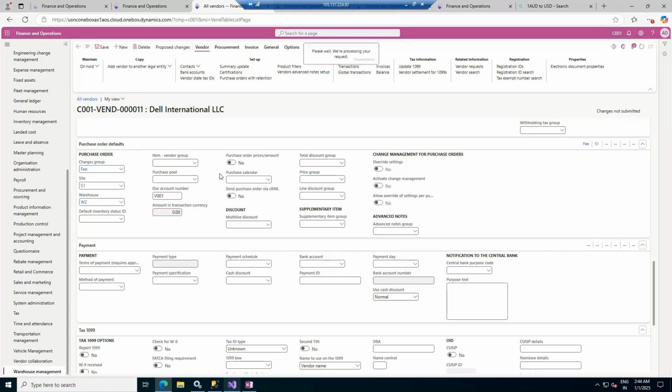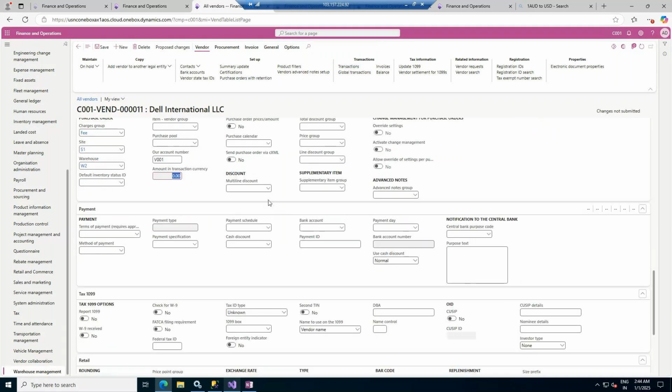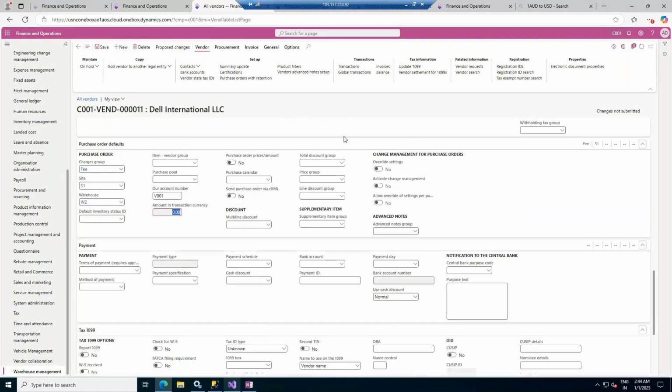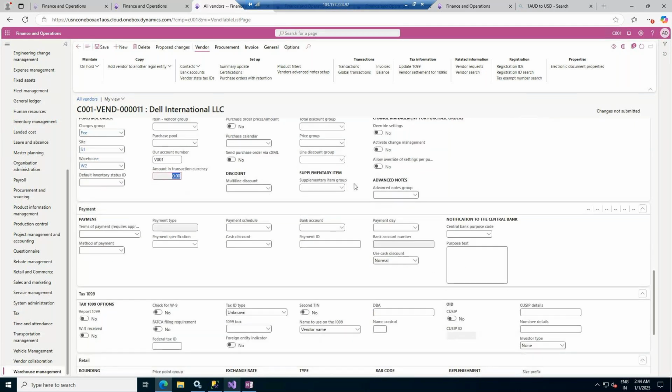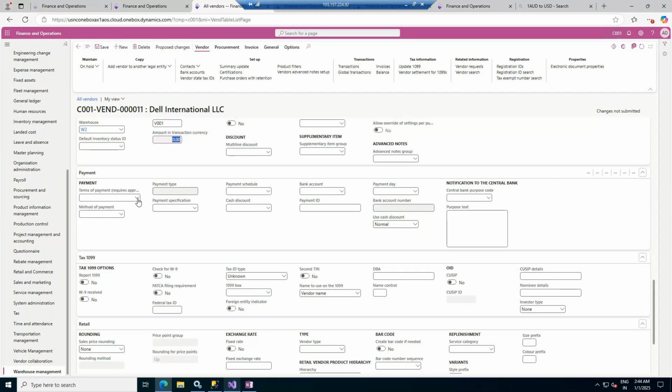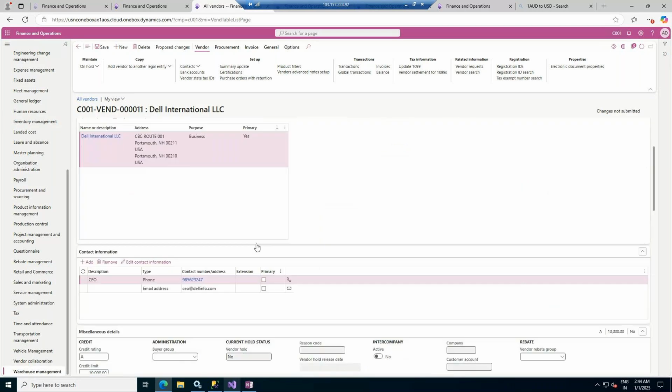Using these fields I will right now save it, and other fields I'm not updating right now. Discount wise, yes, there is a multi-line discount, a line discount, and a total discount group. We will come to how to provide the discount. Against the payment, I will type the terms of payment over here. But before the terms of payment, let's go to the workflow because it requires approval. We have not enabled the workflow as yet. So we will go for the workflow, and then again we will come to